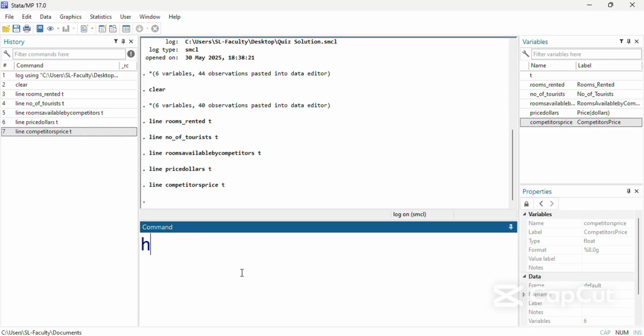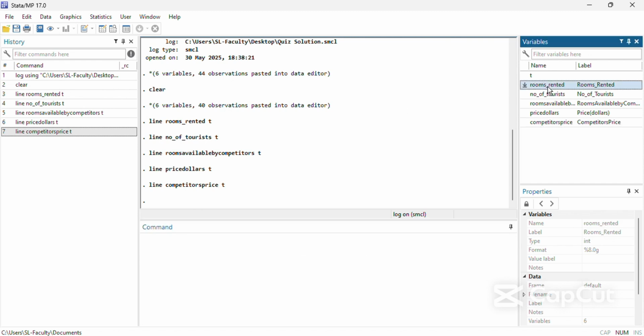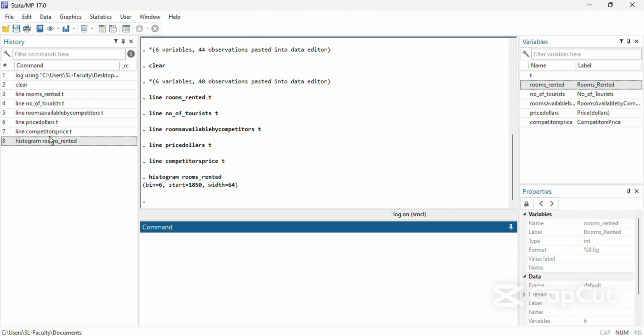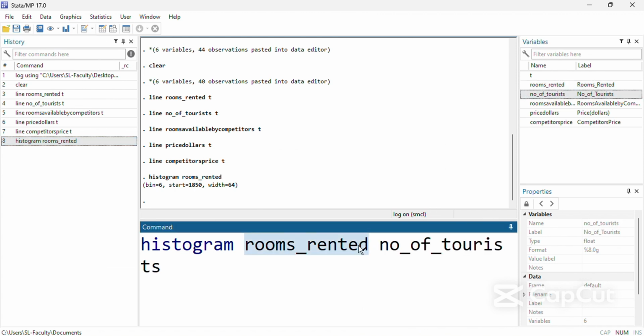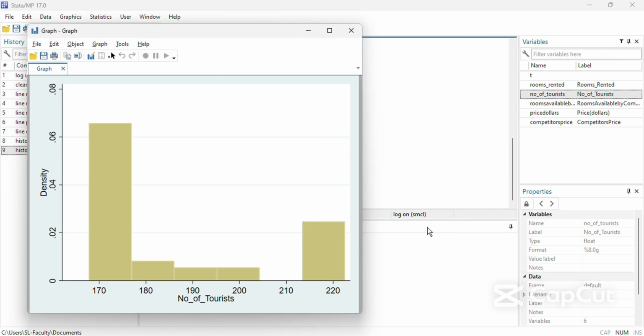Now we'll make histogram and the variable name. So this we get. Okay. Now we'll make all the variables histogram and then